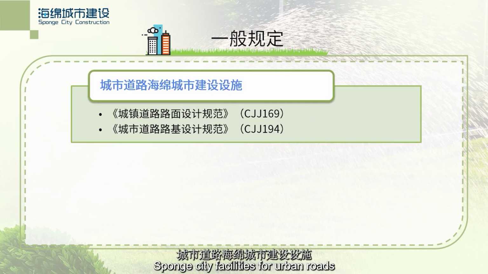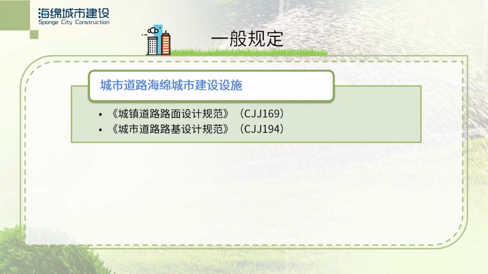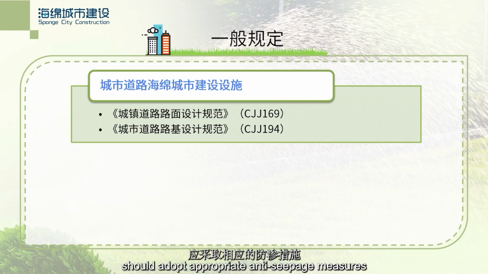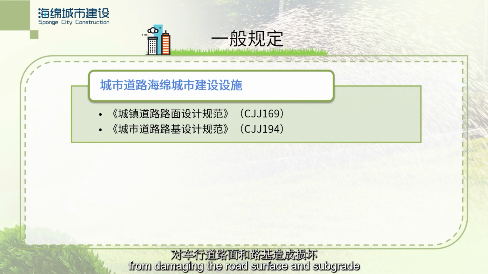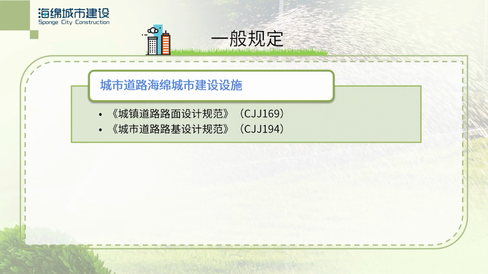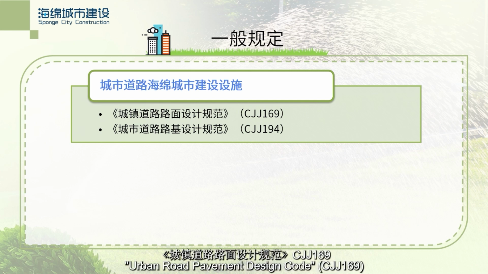Sponge city facilities for urban roads should adopt appropriate anti-seepage measures to prevent rainwater runoff infiltration from damaging the road surface and subgrade, and should comply with Urban Road Pavement Design Code CJJ 169 and Urban Road Subgrade Design Code CJJ 194 and